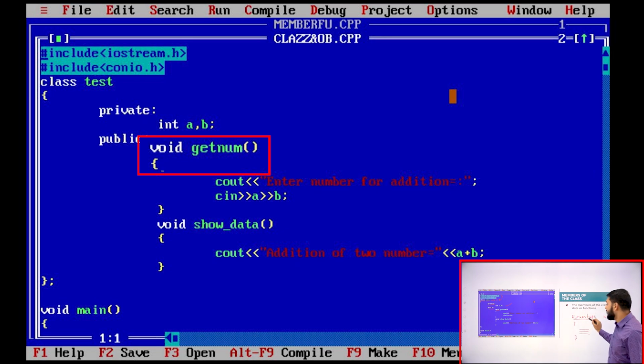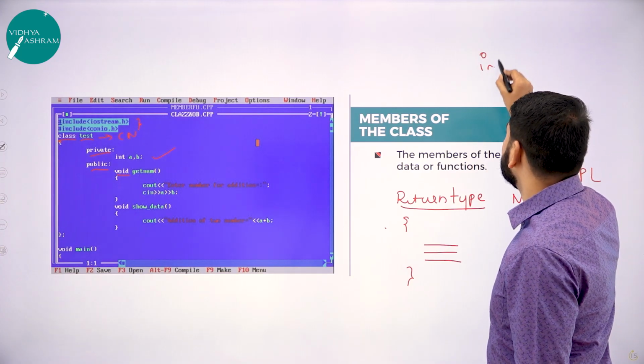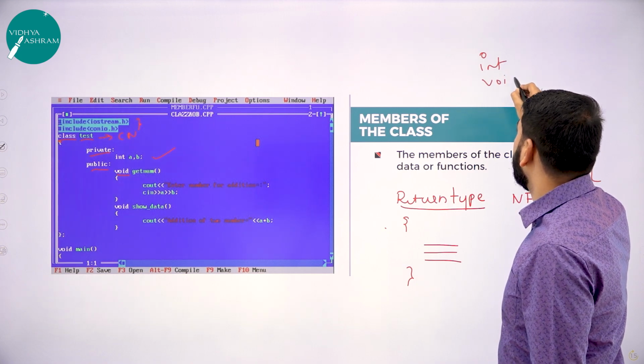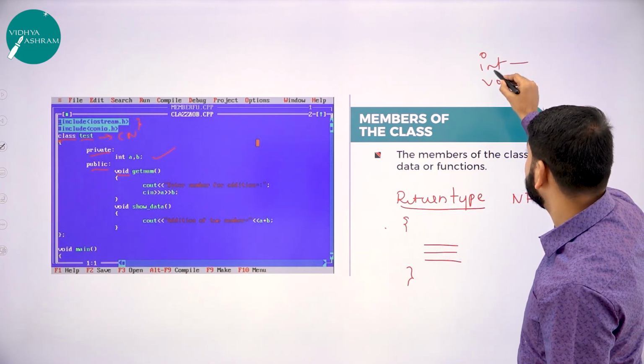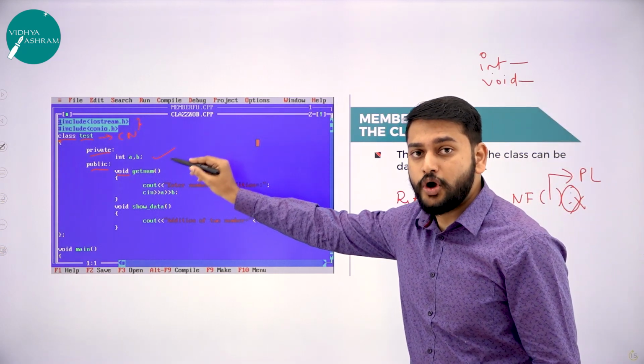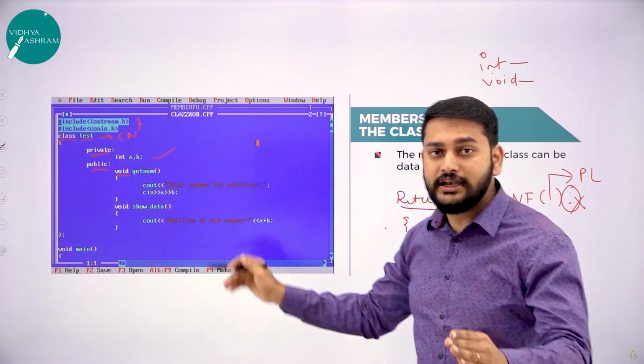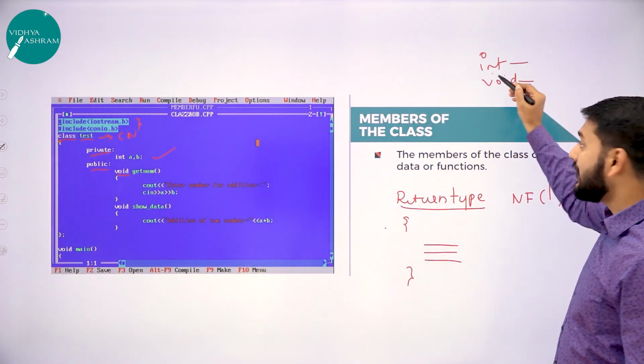Void is a return type. Sir, what is a return type? How many return types do we have? My dear students, we mainly use two return types. The first one is int. The second one is void. What is the meaning of int and what is the meaning of void? Don't get confused between this int and the data type. I'm not speaking about the data type right now. I'm speaking about the return type right now.